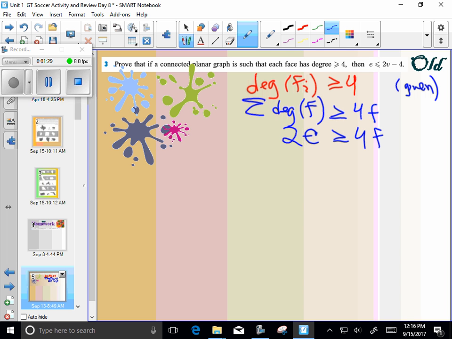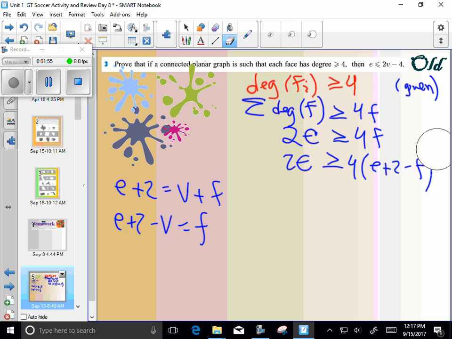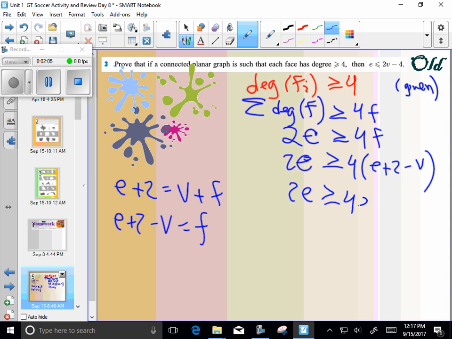Once you get to this point, are you okay? e plus 2 equals v plus f. We did that before. So e plus 2 minus v is f. So 2e is greater than or equal to 4 times (e plus 2 minus v). Oh my goodness, minus v. All right. So then you multiply through and you do a little bit of algebra. You get 2e is greater than or equal to 4e plus 8